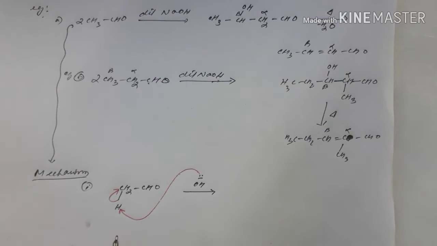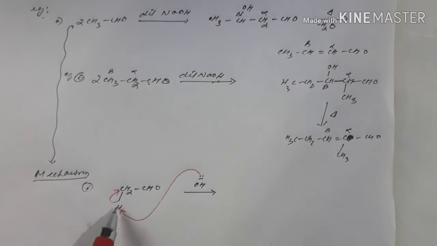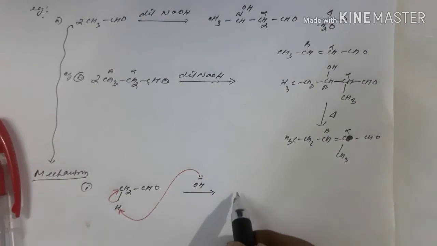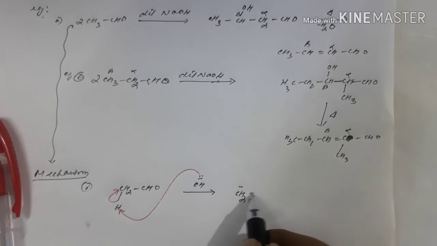Because if here would be this type of compound, then we will have the rest of the thing here, right? So don't go with these things. You do it with alpha hydrogen or alpha carbon. Clear? Then what is the next thing we will have? So we become CH2 negative, right? CHO. Clear? This negative. Done.